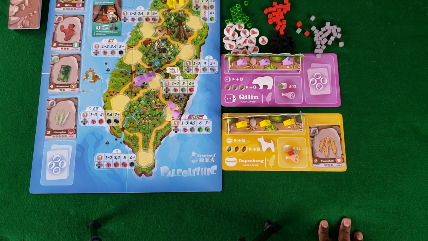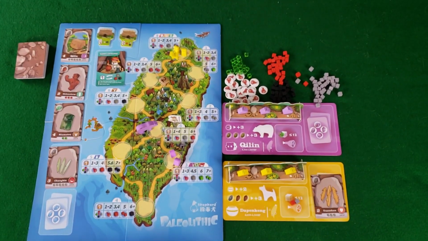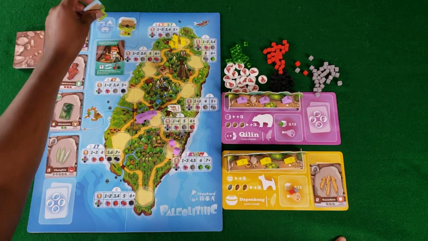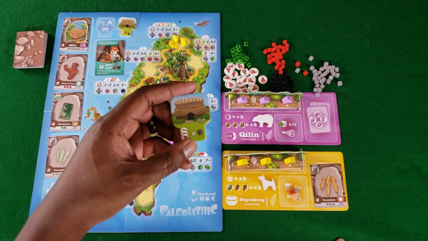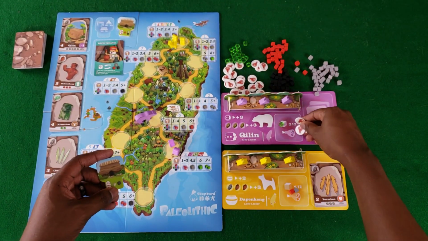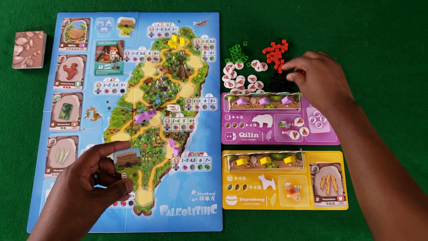Your other option, to get back up here, is to turn in for one of these tribal tokens here. One of these hut tokens here. And they look just exactly the same. So let's go ahead and just see the purple player with some stuff here. Okay,